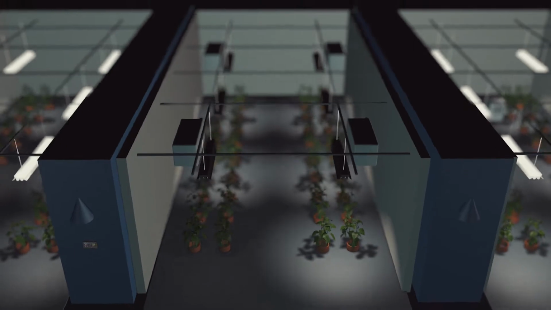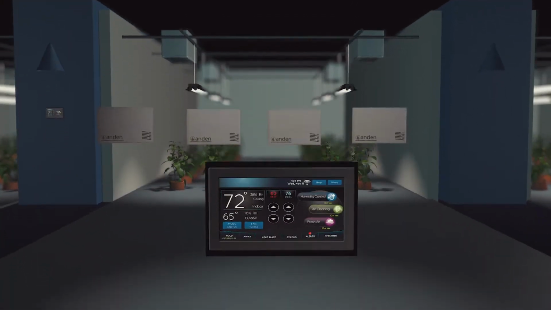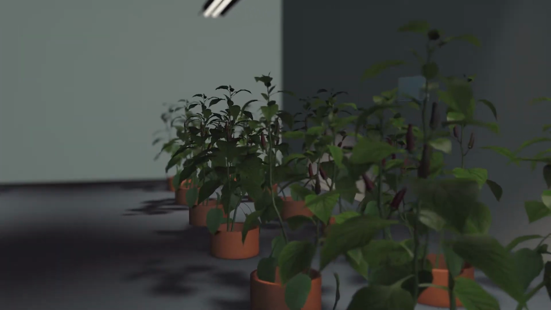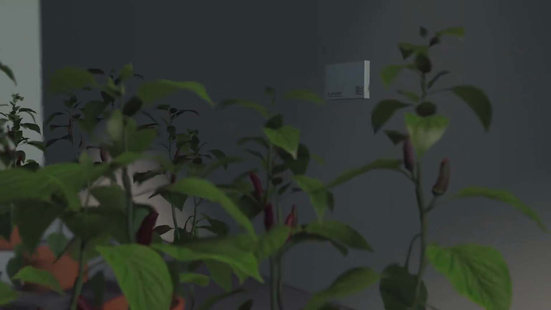Now I want to take a moment to walk you through the growing environment and how Anden products are applied in order to maximize the yield within that space. Every cultivation facility may be completely different. However, they have a very similar set of environmental needs that they have to control in order to ensure that